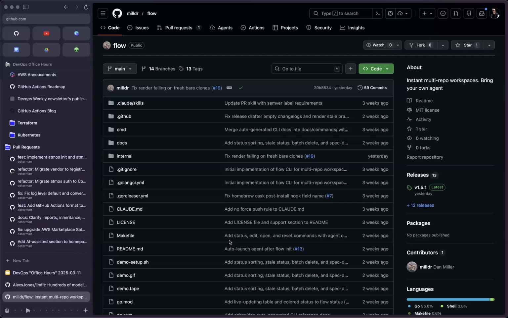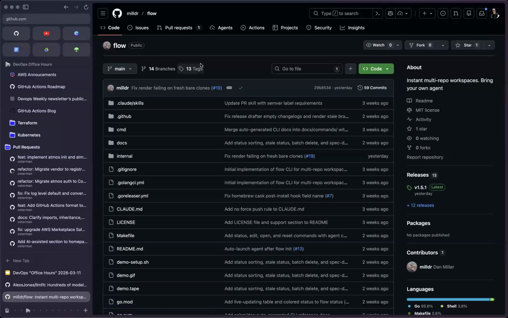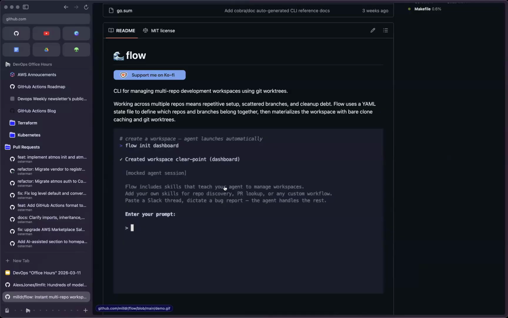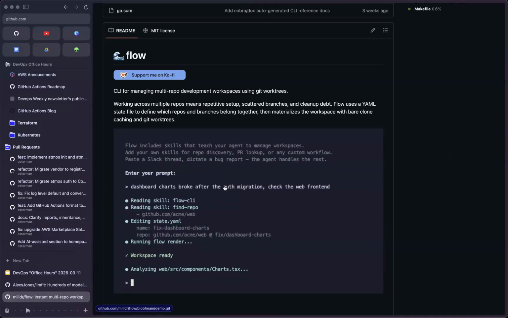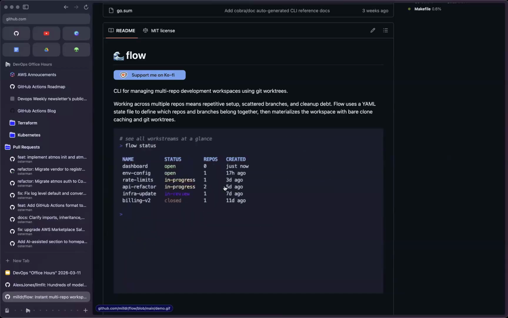And my LinkedIn feed is just filled with developers posting their process, their tooling. And I feel like soon it's almost going to be one-to-one the number of developer tool workflows for AI as it is this. But this was an interesting one. You heard him speak up here a second ago, Dan on our team. He whipped this up, which is his system for doing massively parallel development work across multiple repositories. He's using it with the Cloud Posse open source ecosystem. And yeah, I thought it was a really cool project. Dan, you want to share what you've been doing here?